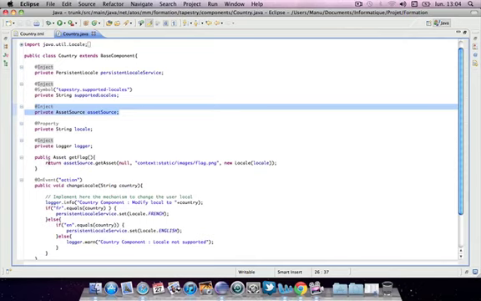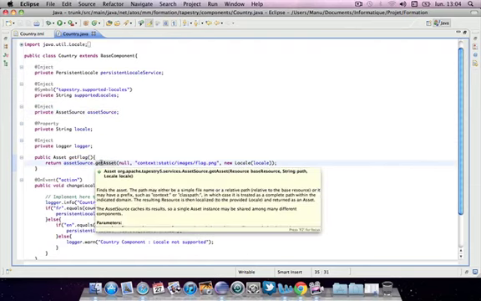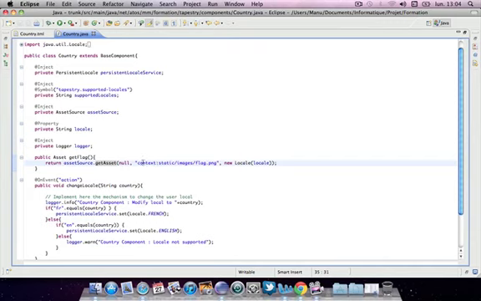And in our get flag method, I just use this service and its get asset method, and this method needs the path to the picture. So my picture is in the context of my application, so I use the context prefix, static images flag.png, and the locale of the user.